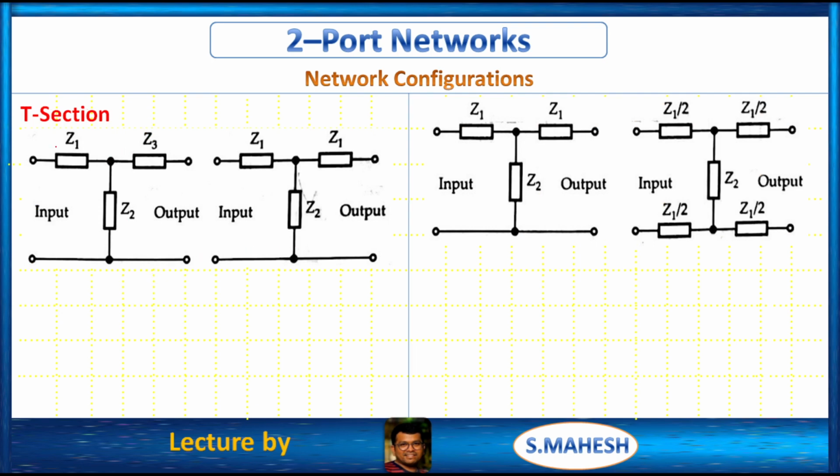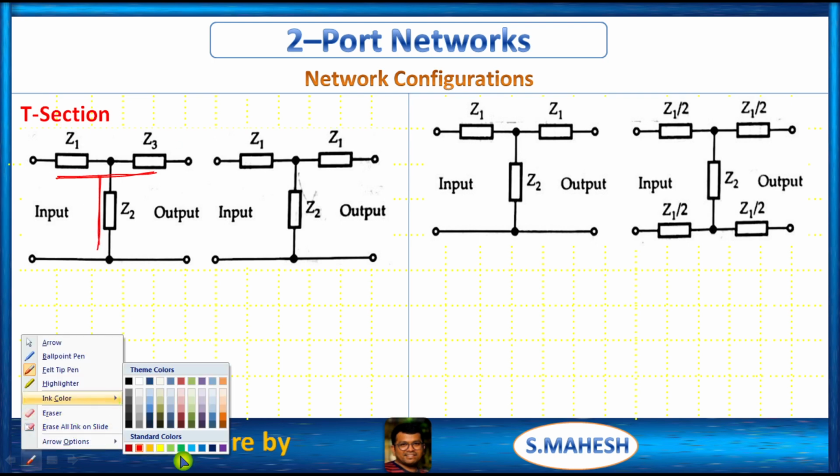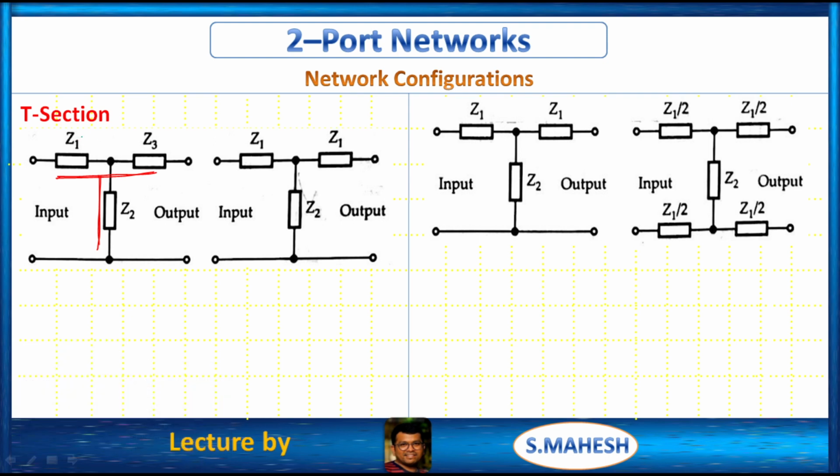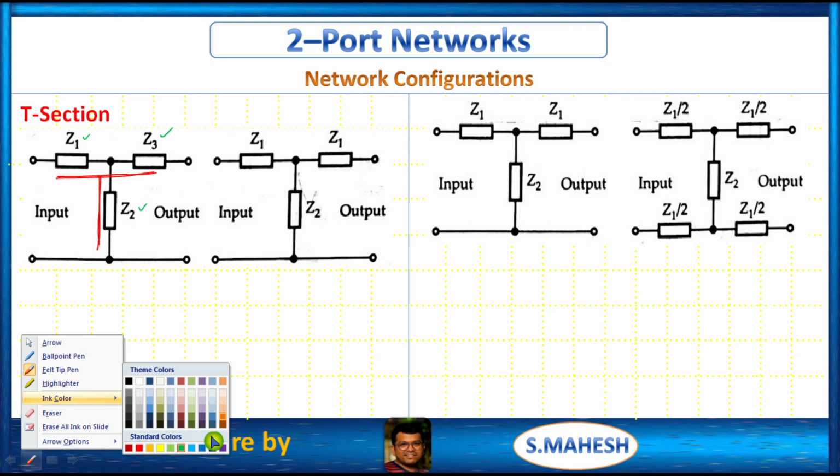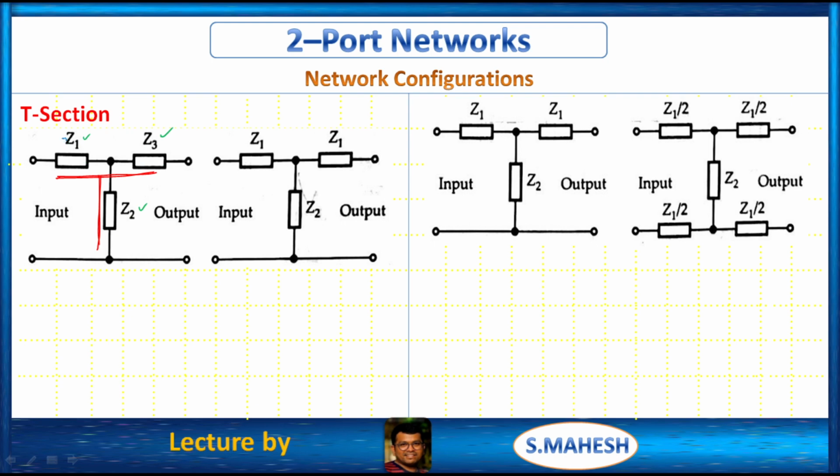So we all know that this is the representation of T section, right? It looks like T, right? That's why this section is called T section. So in this we have what? This is impedance Z1, this is impedance Z3, this is impedance Z2, right? These two are connected, right? This Z1 and Z3 are called